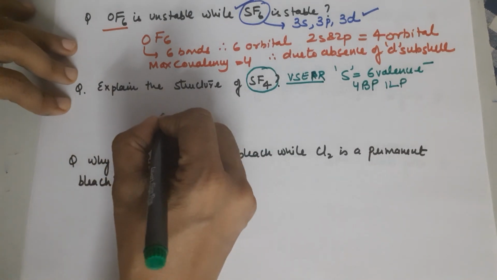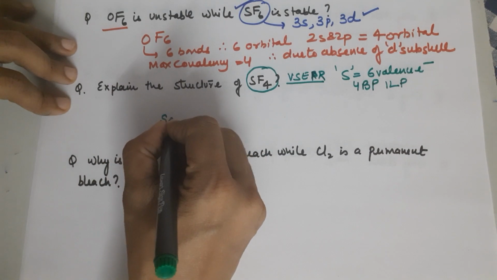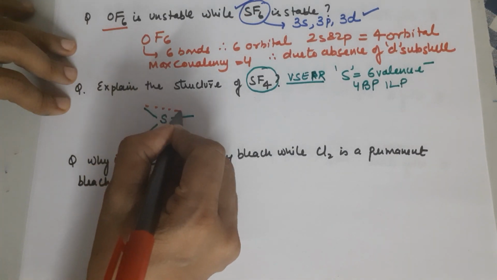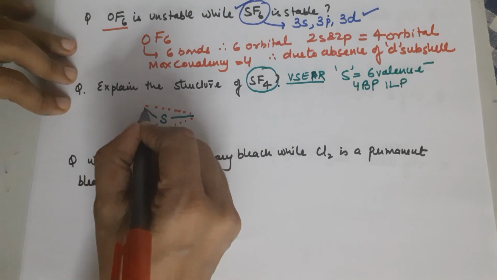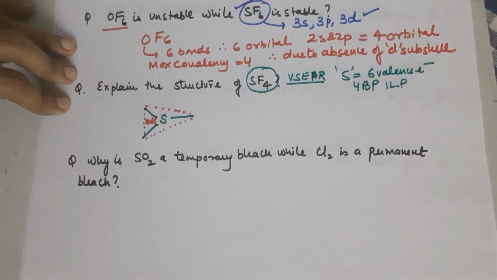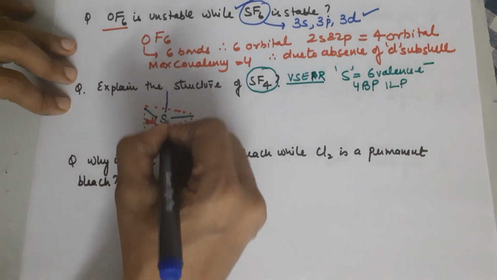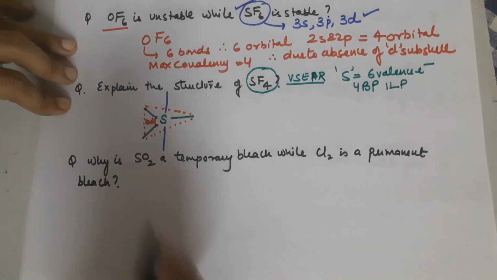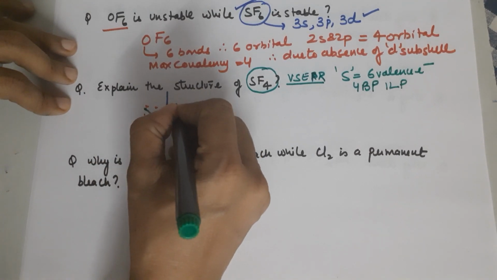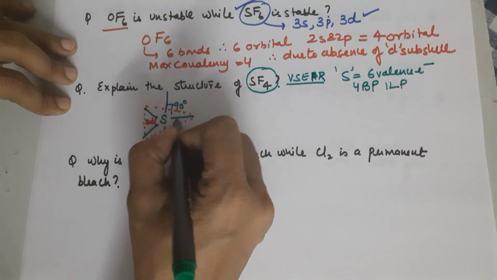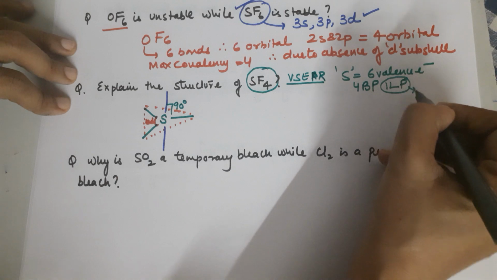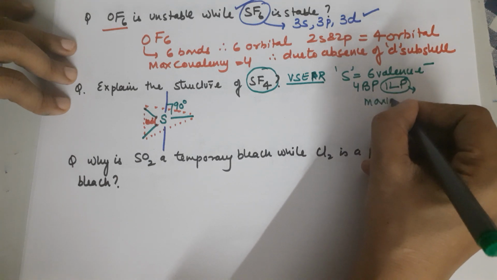Now for such a geometry, the structure is sulfur forming 3 bonds like this, with each bond angle being 120, while 2 bonds are formed above and below, which are your axial bonds, while these 3 are your equatorial bonds. The axial bonds are at 90 degrees, while equatorial plane bonds are at 120. Lone pair always causes maximum repulsion.